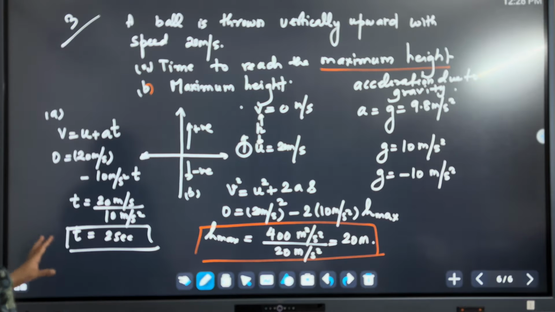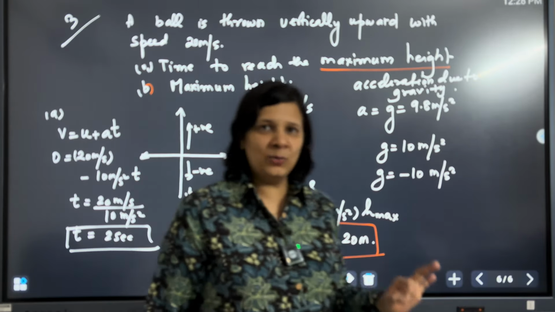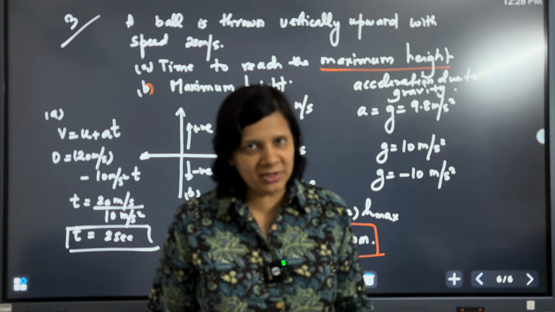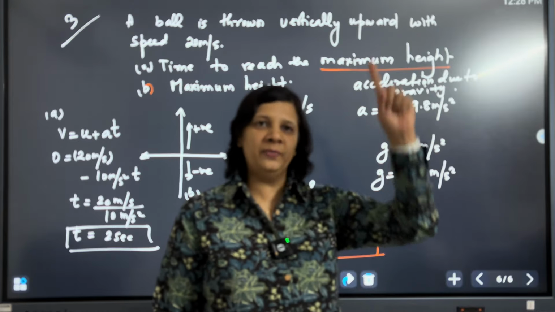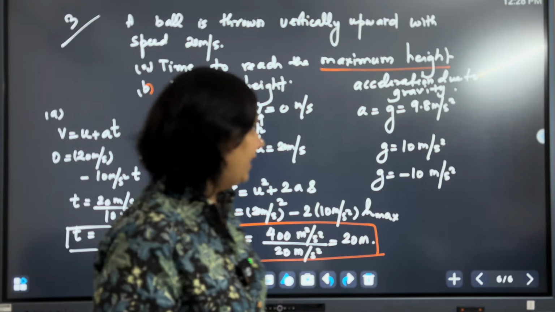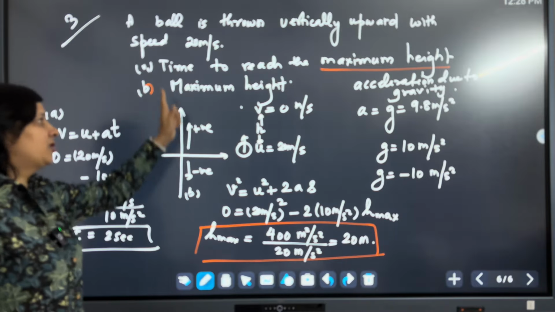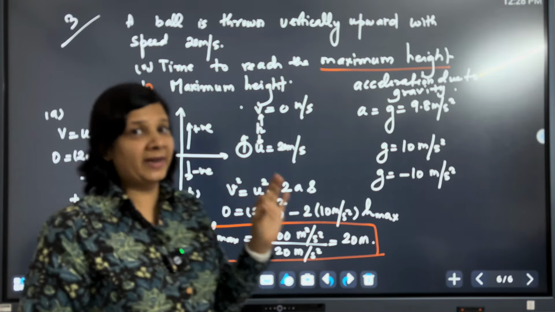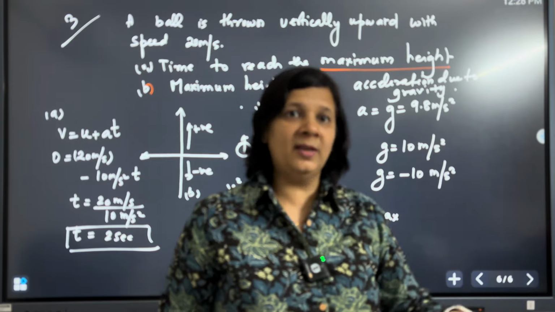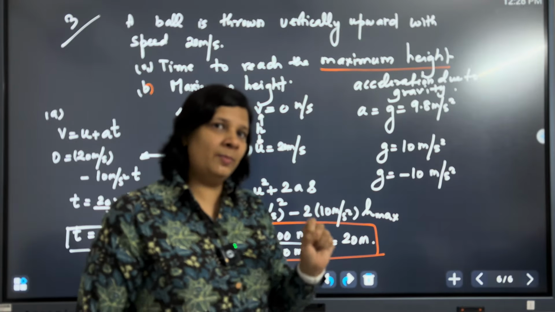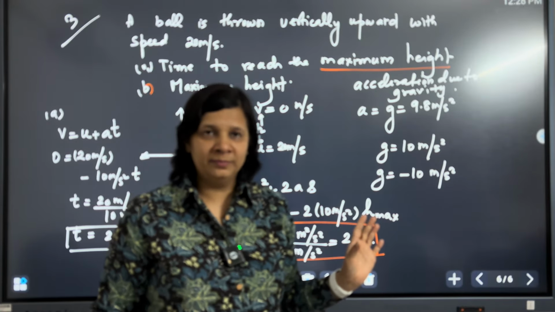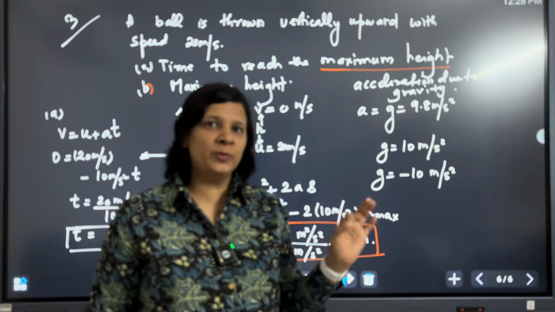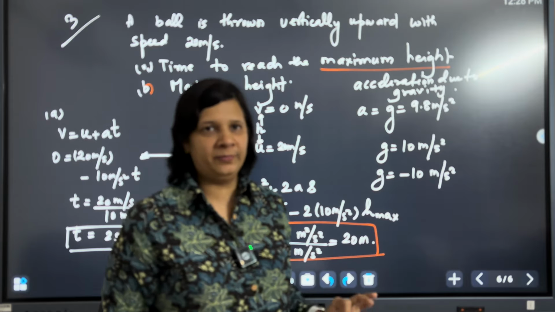Okay. So I hope this is clear. These equations are valid for constant acceleration. We can use them for the free fall problems. And if I am taking upward direction to be positive, g will be negative because it always acts downward. Whether the ball is going up or down does not matter. If you are taking upward direction to be positive, g has to be negative.